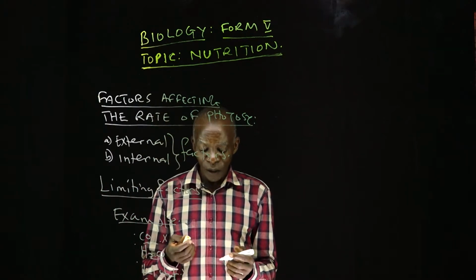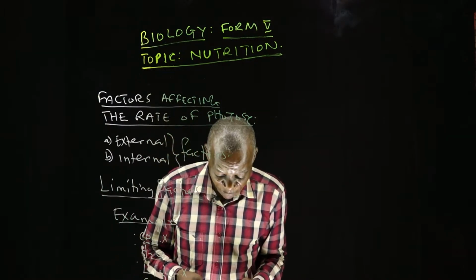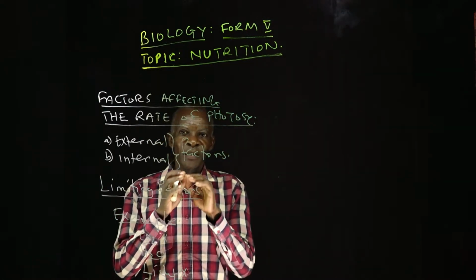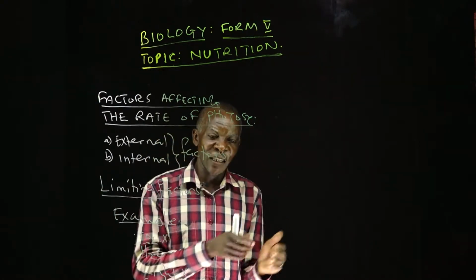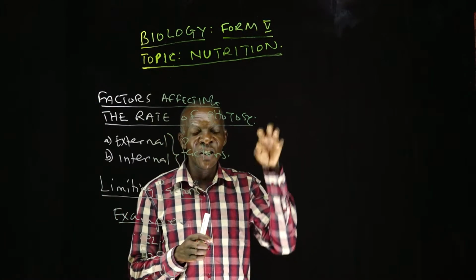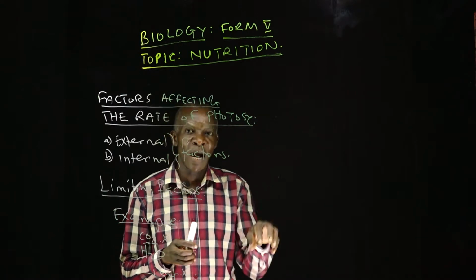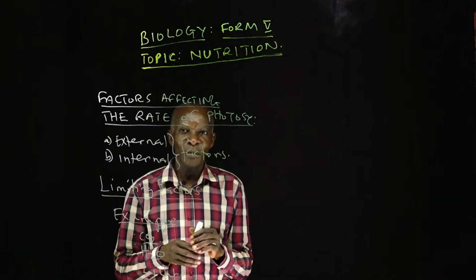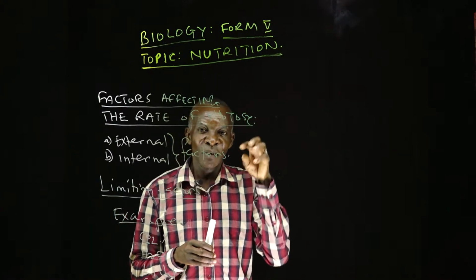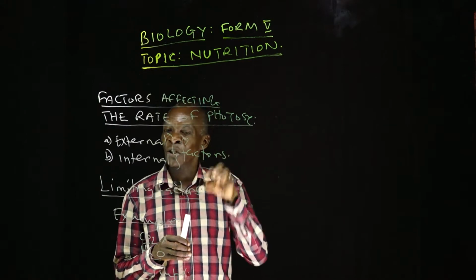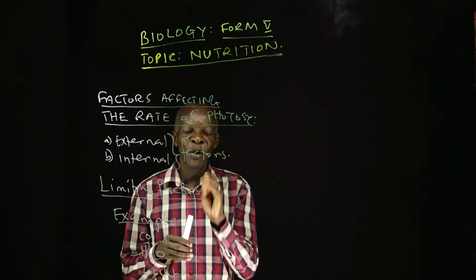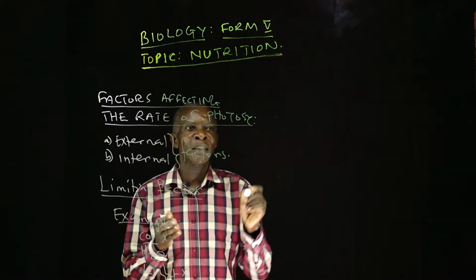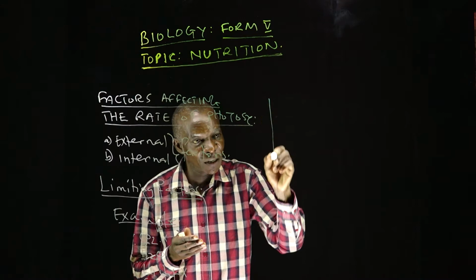Therefore, the principle of limiting factors: when a chemical process is determined by several factors, the factor which is near its shortest supply will act as a limiting factor. That the factor which is near to its shortest supply is the one which will act as a limiting factor. Now, having seen the concept of limiting factors, let us go to the